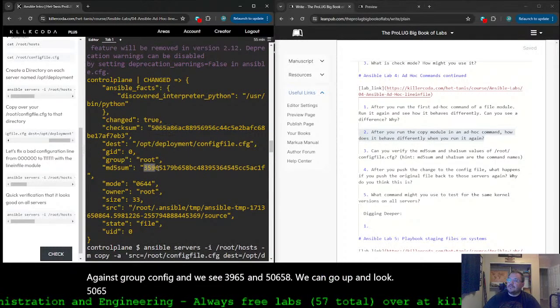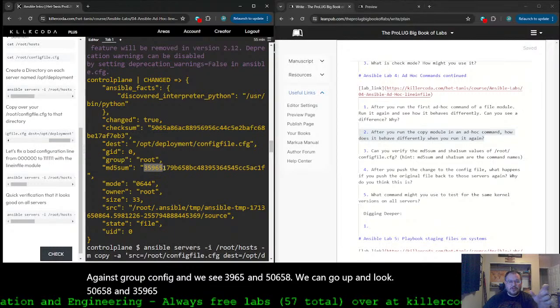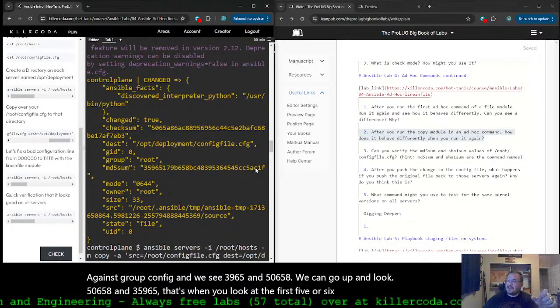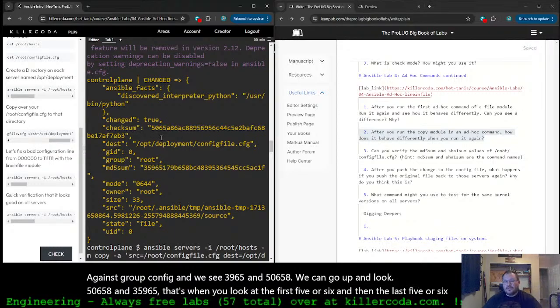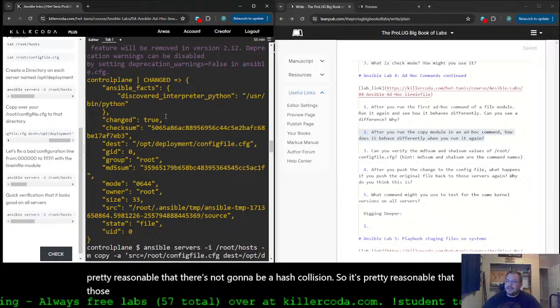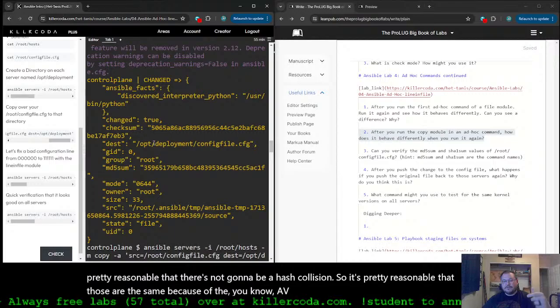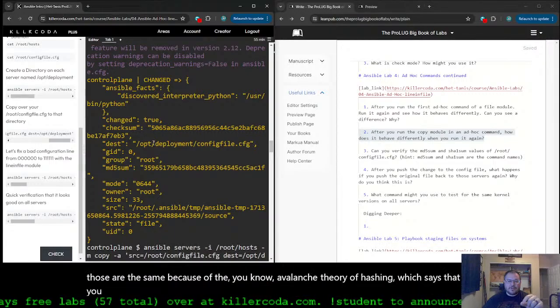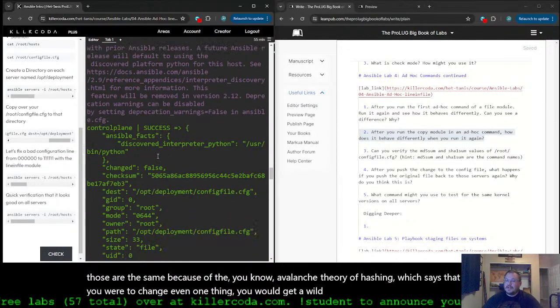5065A and 35965. That's when you look at the first 5 or 6 and then the last 5 or 6, it's pretty reasonable that there's not going to be a hash collision. So it's pretty reasonable that those are the same because of the avalanche theory of hashing, which says that if you were to change even one thing, you would get a wildly different output. And I can prove that real quick,